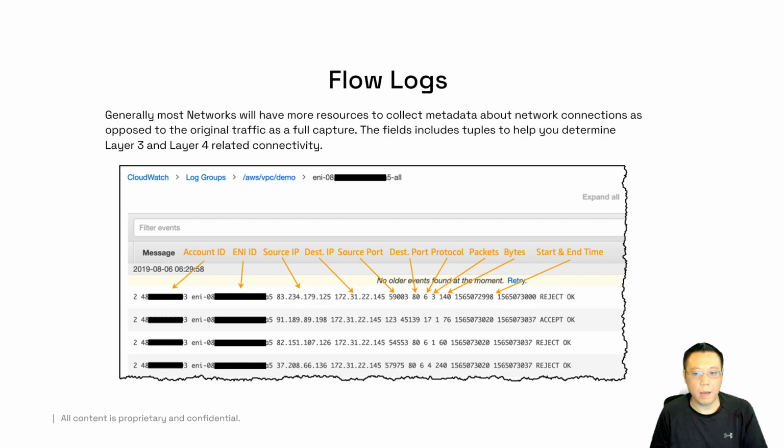Speaking of logs, we want to have network traffic, but isn't network traffic really, you have as much throughput as you have to save for a network DVR for PCAPs? Of course. To solve this, we have network flow logs, and these are called flow logs with tuples. Notice your tuples are source and destination IP addresses and ports, along with the applicable protocol information, and of course, a reject or an accept